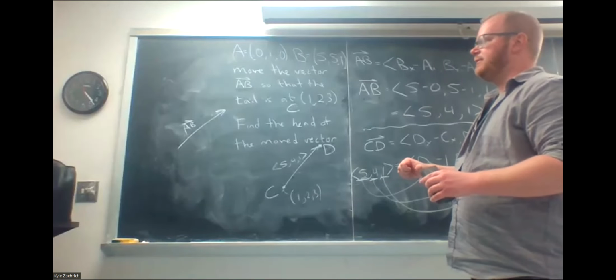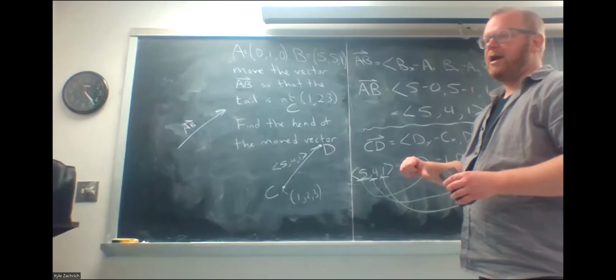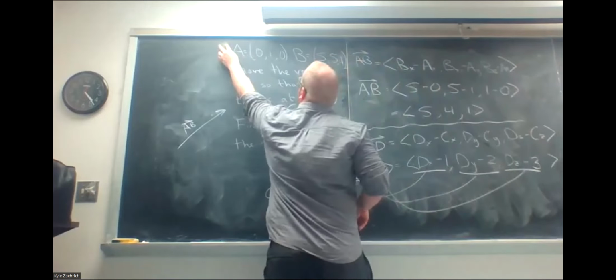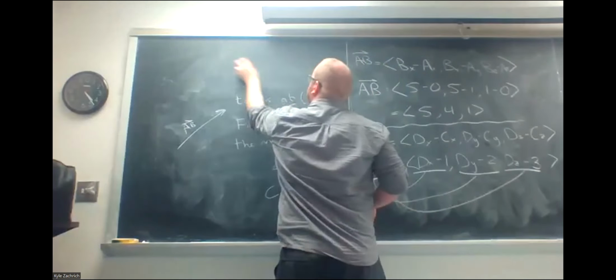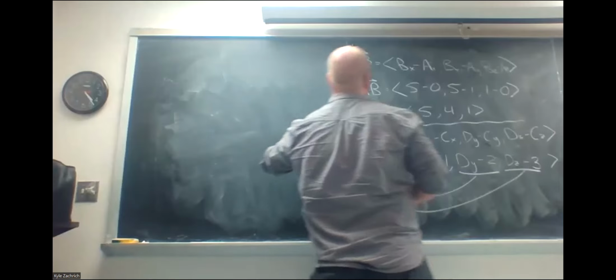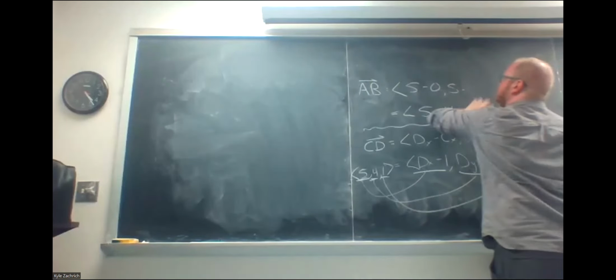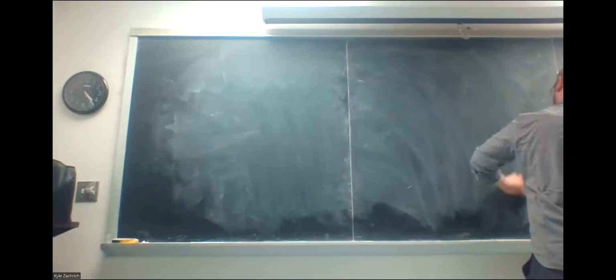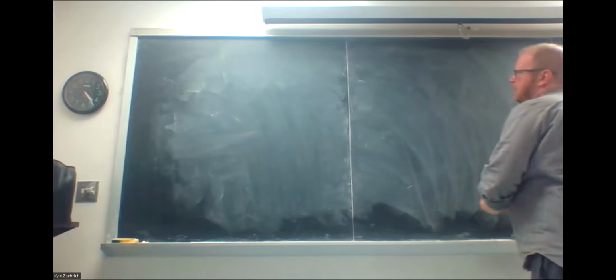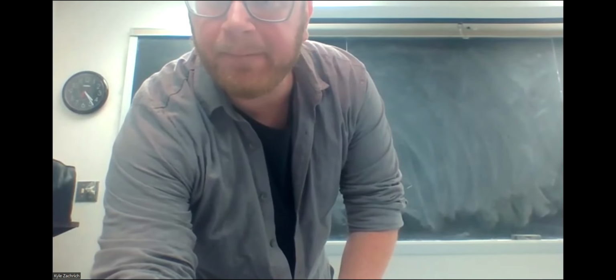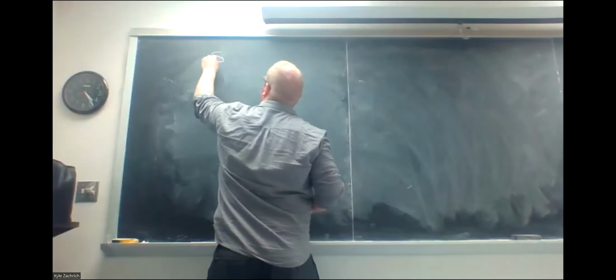Somebody asked about this: if I give you a magnitude and a direction, can you tell me what that vector might look like? So, let's say, suppose a vector